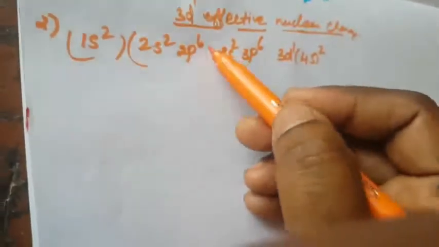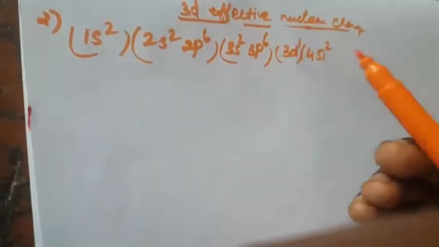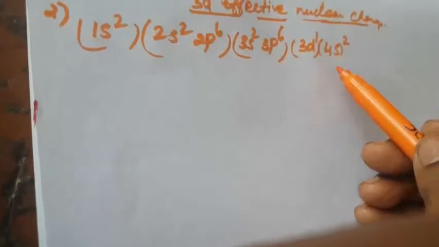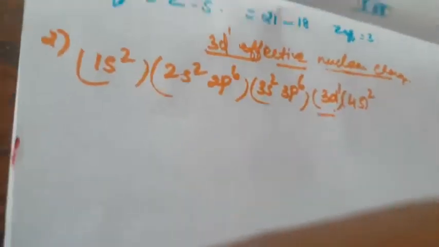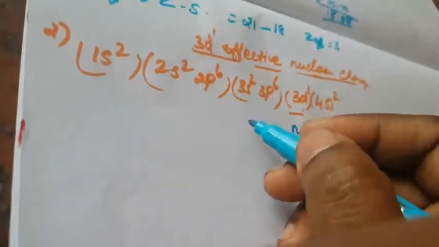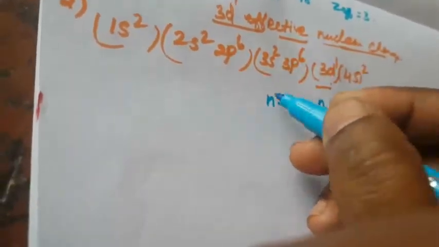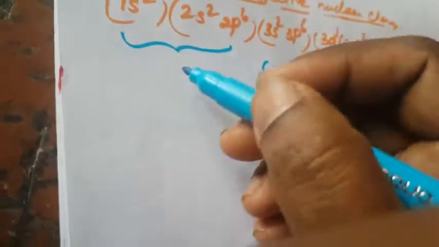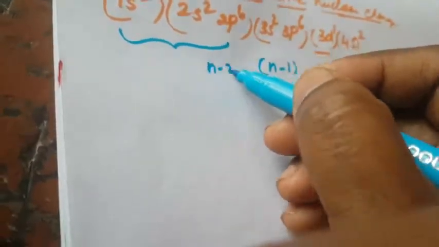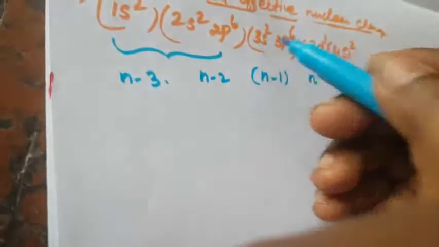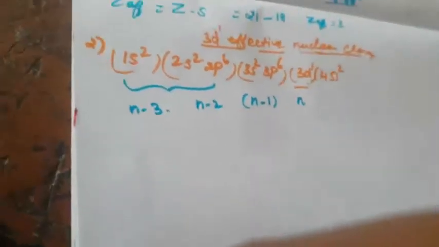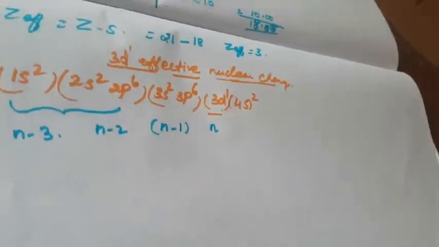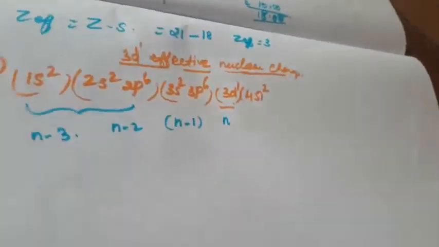First you group that element 3s to 3d. So here that is the outermost shell. From the 3d orbital, you can number that one. This is the nth shell. This is n minus 1, right? So remaining all, this is n minus 2, this is n minus 3, remaining all the other elements. So first one is, this is the nth shell. In the nth shell we are going to calculate the 3d1. So the number of electrons in the nth shell.